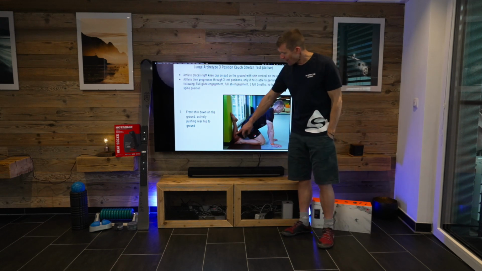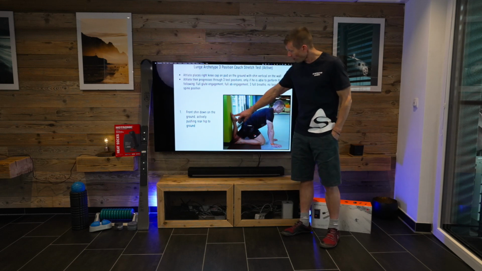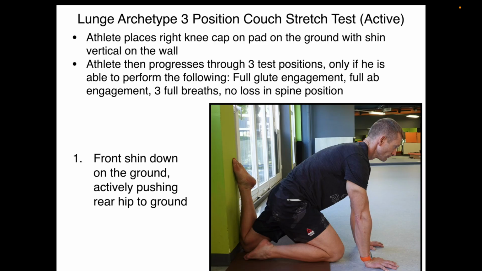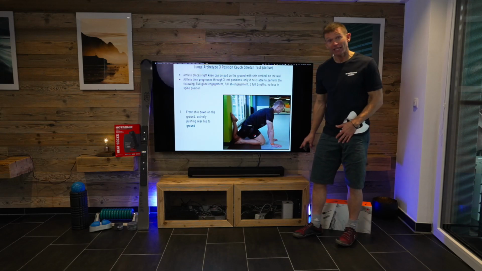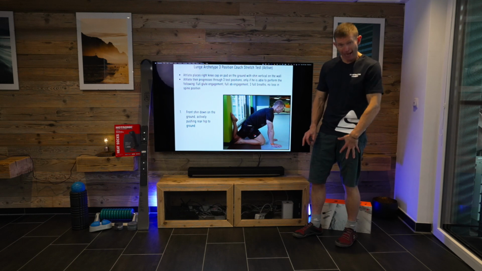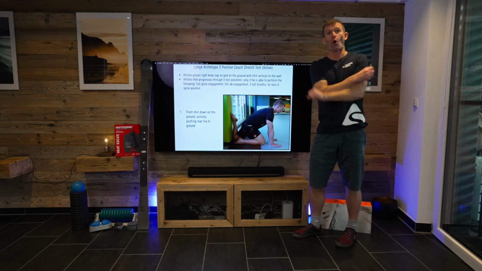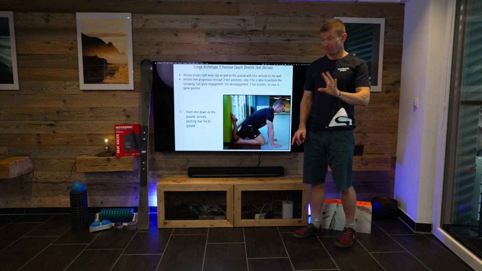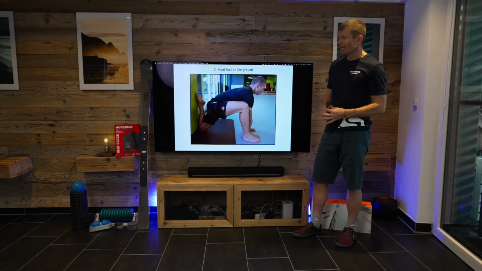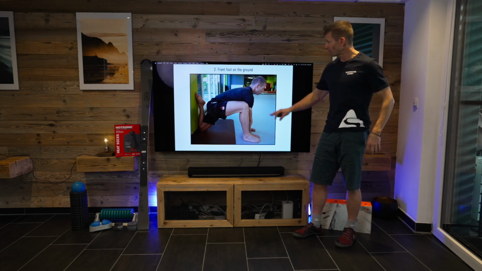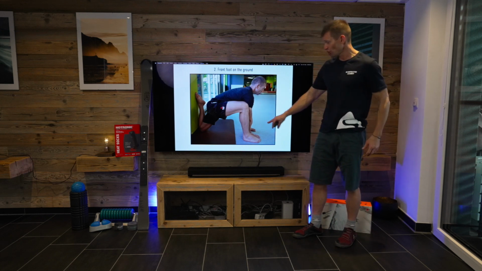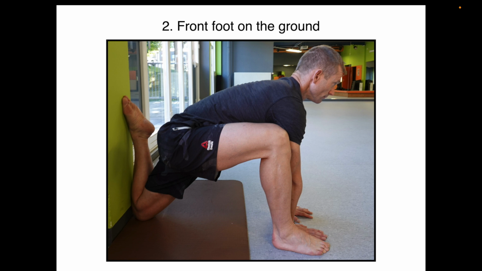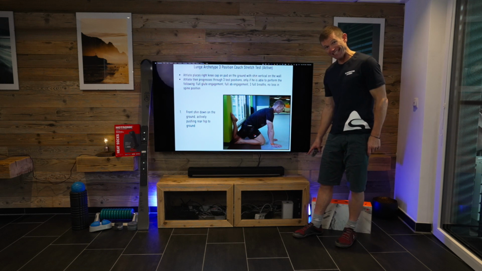You can see that I've jammed my knee into the corner of the wall, my shin's up against it, and what I'm going to do for many of you, just getting into position 1 here may be a challenge. You might get to that position and actually just feel like the whole fascia has just been torn apart in your leg. So just getting in this position would be okay, that's something. But what we want is we want the glutes active, we want you to be able to breathe, and we want you to get into position 2. So now I'm in front foot on the ground position. So before it was on knee position.